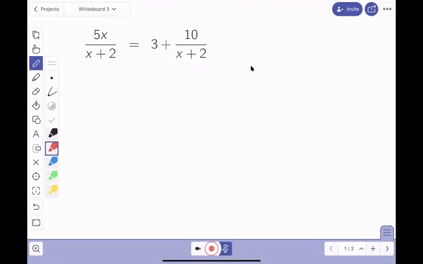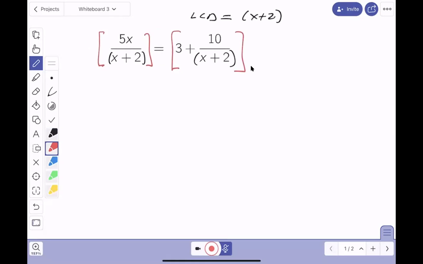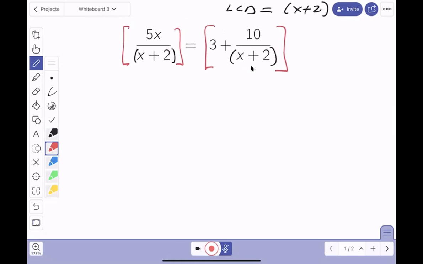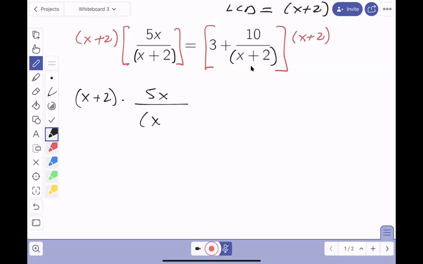I want to get the LCD. Well, that couldn't be easier. I'm looking at it, and there's only two fractions, and they both have the same denominator. So what's the LCD? The LCD is x plus 2. Now I'm going to multiply both sides by the LCD. What's the LCD? x plus 2. I'm going to write this down for you. x plus 2 times 5x over x plus 2